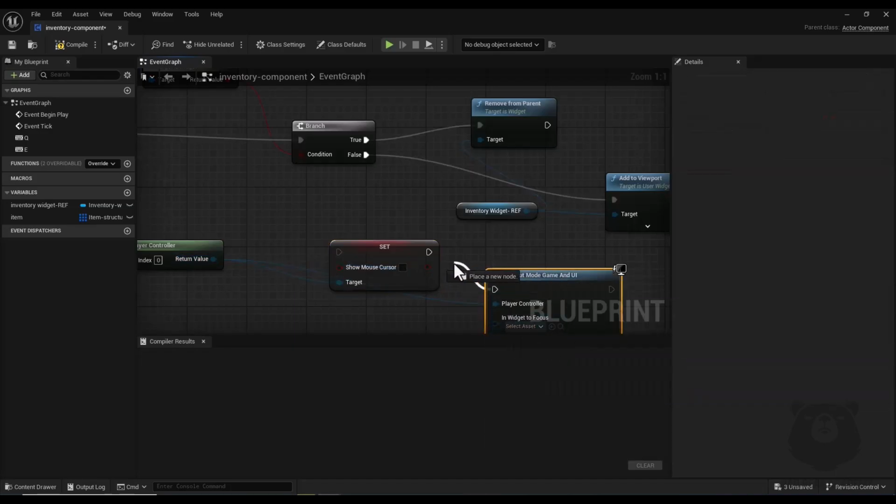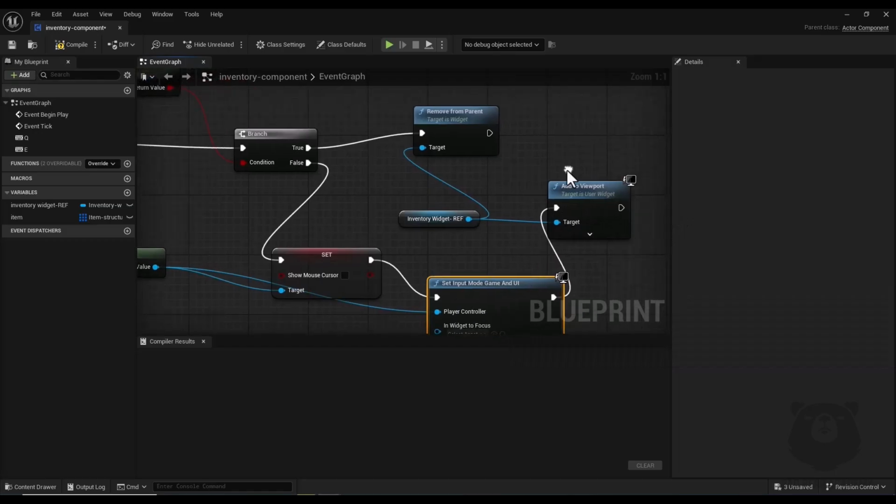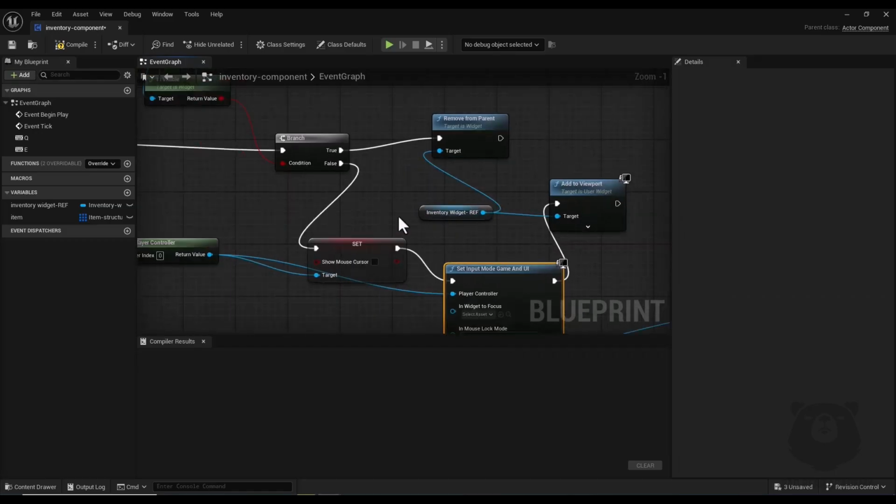Alright, and I connect it here and connect it to this false part, and I also connect this to here,